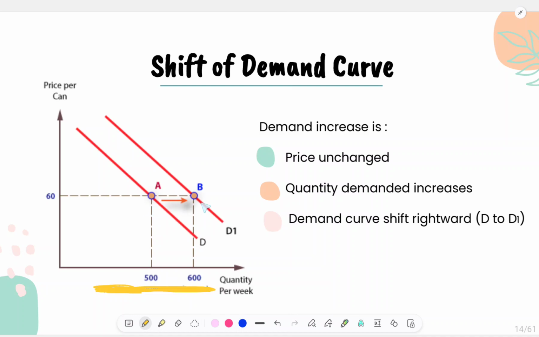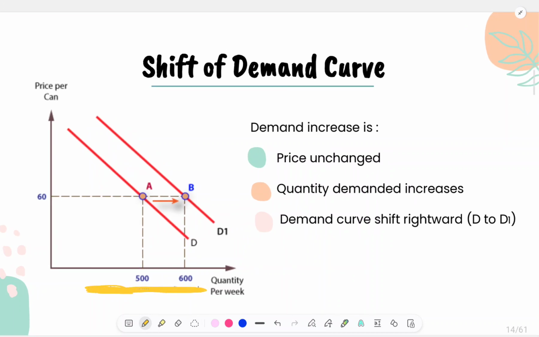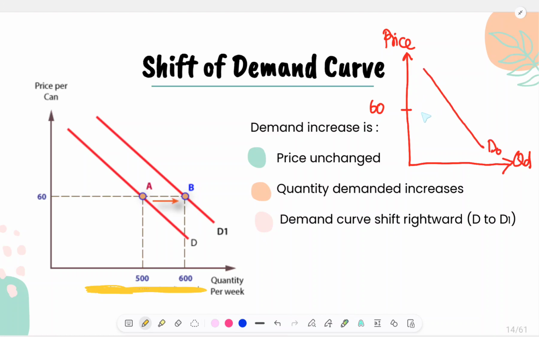We show this on the graph by drawing a new demand curve and labeling it as D1. Let me show you manually how to plot the graph. So, this is our axis for price and quantity demanded. For example, based on this original demand curve, D0, at 60 ringgit, the quantity